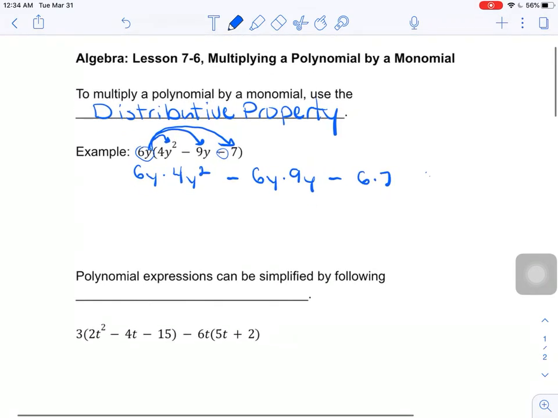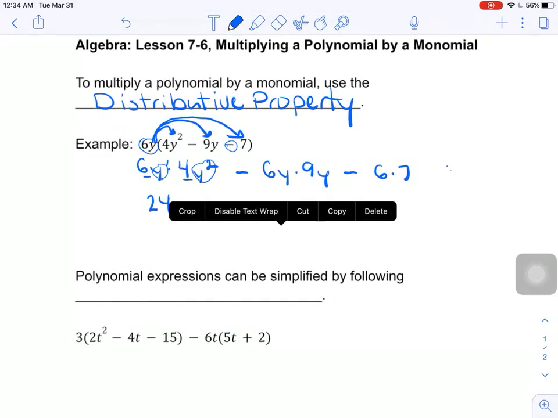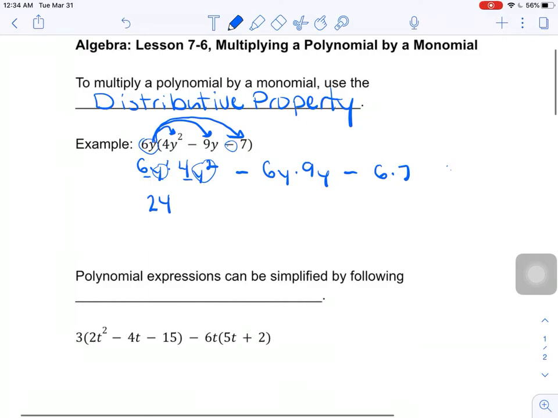So if we go through term by term, we can do the 6 times the 4, so that's 24. And we know that y times y squared, that's our exponent rule where we can add the exponents. So y to the power of 1 times y to the power of 2. So if we add the exponents, that is going to give us y to the power of 3. So that cleans up the first term. Minus, if we move on to the second term,